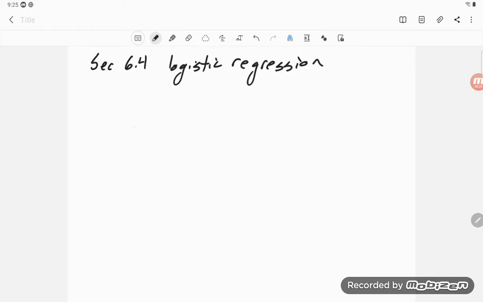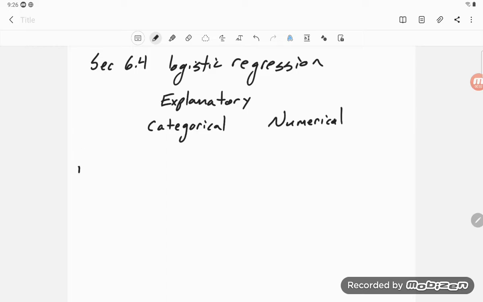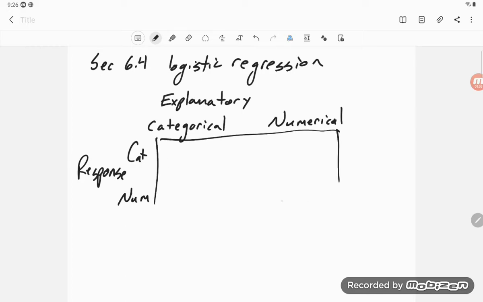So if I talk about my explanatory variable here this way, well, it could either be categorical or it could be numerical. And then my response variable could also be either categorical or numerical. And so we have this, and